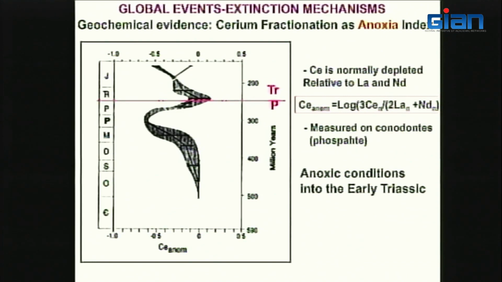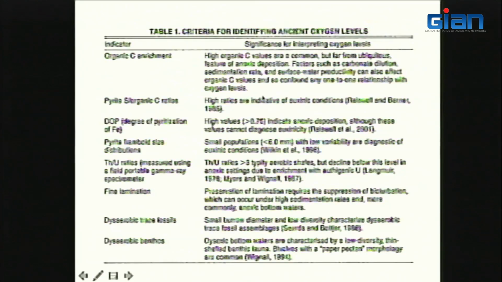condition. And here this is the ratio between some kind of rare earth elements, but also cerium, lanthanum, and so on. And showing also that we have anoxic condition into the early Triassic. But I don't go into details on that one. And so, in fact, we have plenty of criteria in order to more or less recognize full anoxic condition on